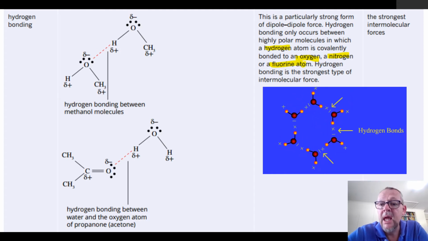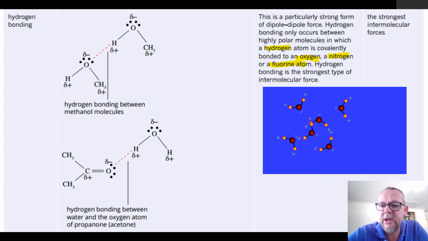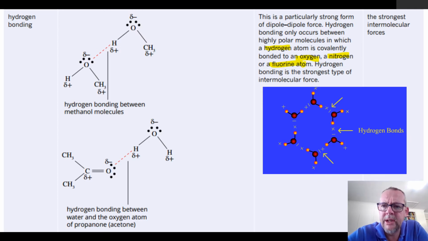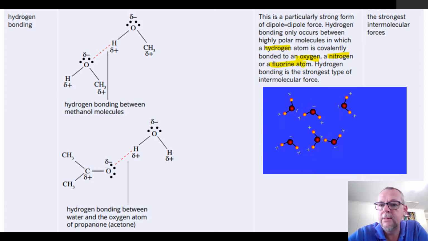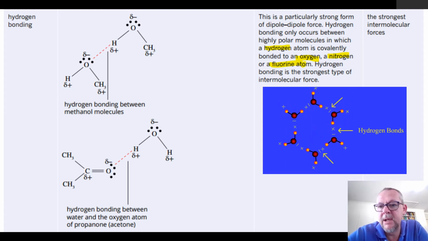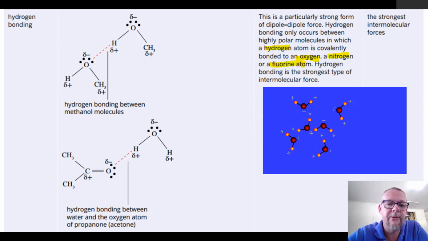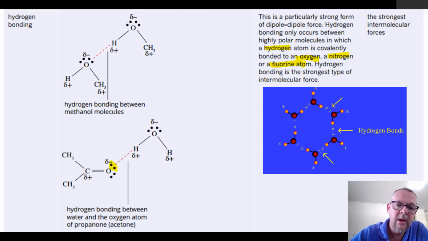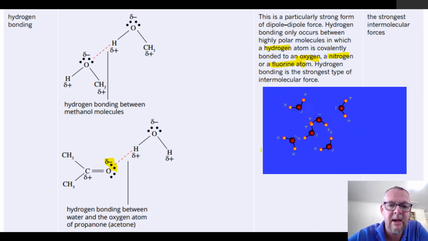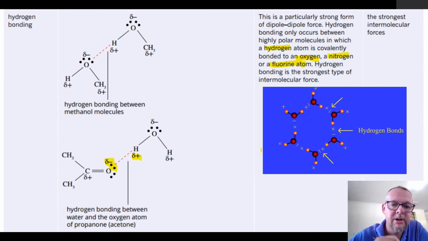So hydrogen bonding is the strongest type of intermolecular force, and you'll recall that hydrogen bonding occurs in water, and that's what makes water have such a high melting and boiling point for its molecular mass. So remember, it's occurring between these unbonded electrons, which is the negative. So we've got a partial negative, that's that lowercase delta, and the partial positive of the water molecule. So that's that one there.